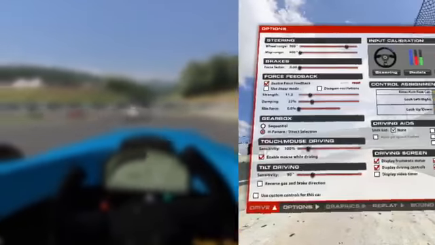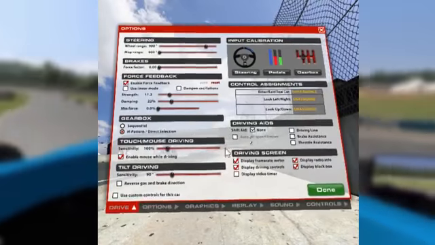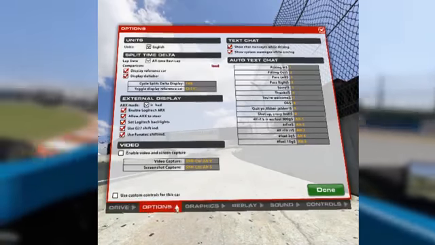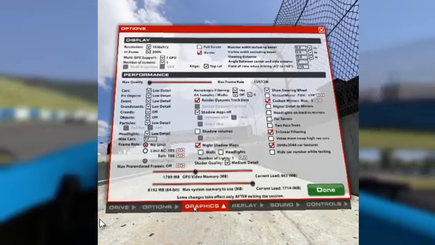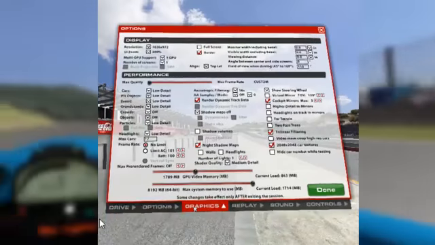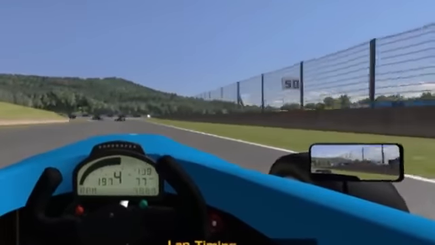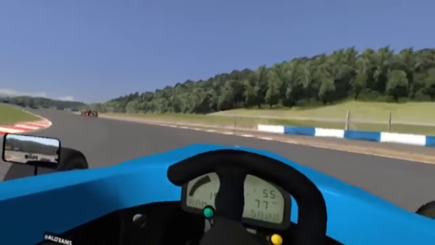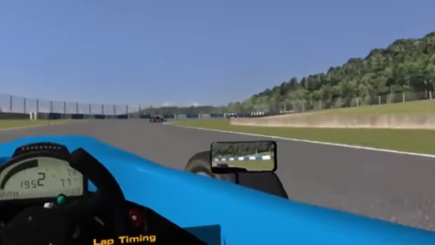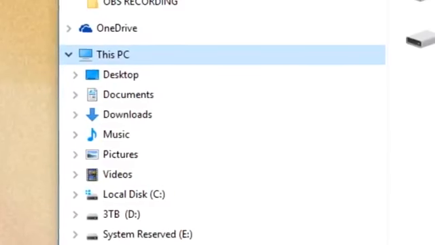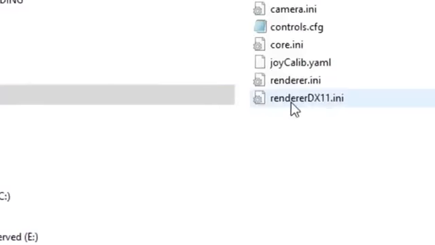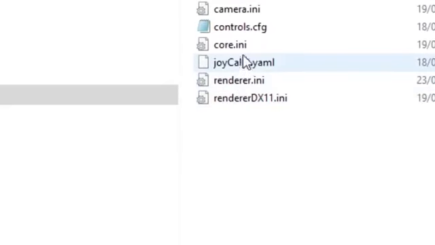In all their wisdom, iRacing not only have in-game settings that allow you to change the visual fidelity and performance of the title, but they also have an important file hidden away like something from the X-Files, though not nearly as mysterious or as exciting. The file shall be known as the renderer dx11.ini. Now this file not only contains all the settings found in the game, but it also contains some key